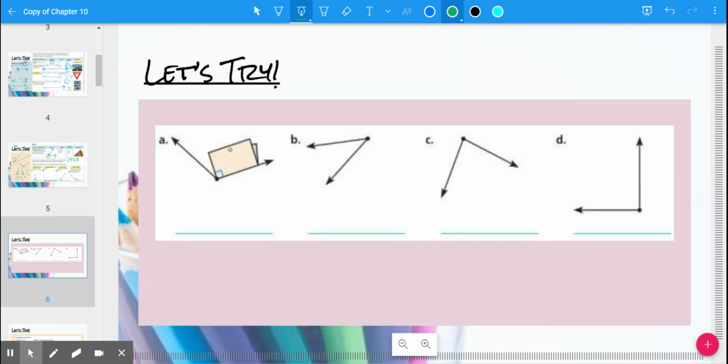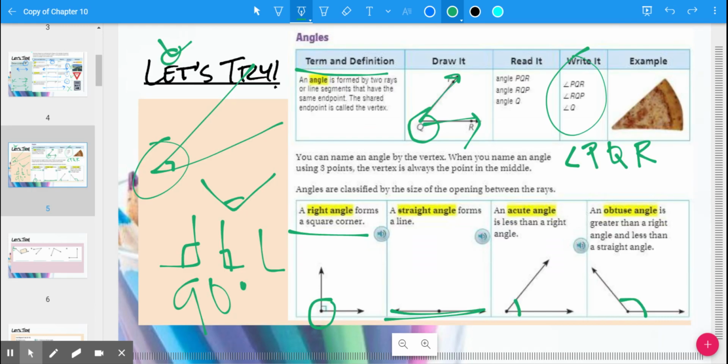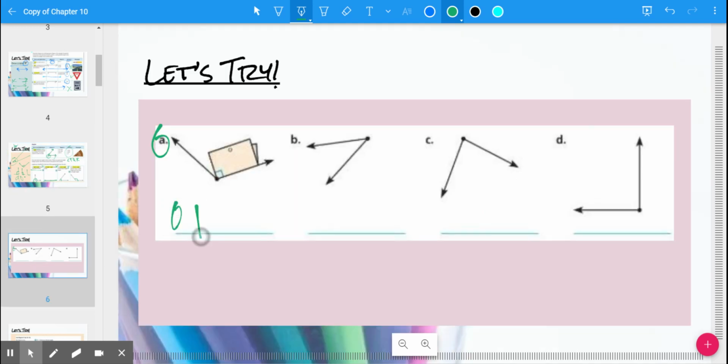Let's practice. So if I'm looking here, I see right away in question A that it has that perfect little box, which means that it's trying to show me that if I were to have a perfect 90-degree angle, my angle would have to start there. So is this a 90-degree angle? No, it's actually larger than a 90-degree angle. And when I look back, which one is larger? Not right, not straight, not acute. That means it's going to be obtuse. So this is an obtuse